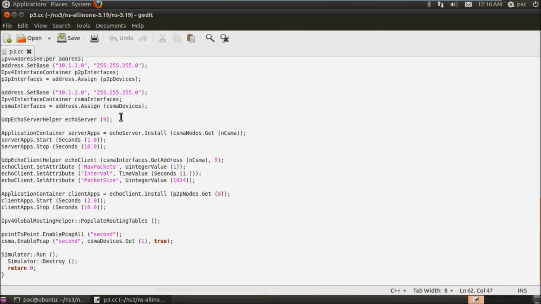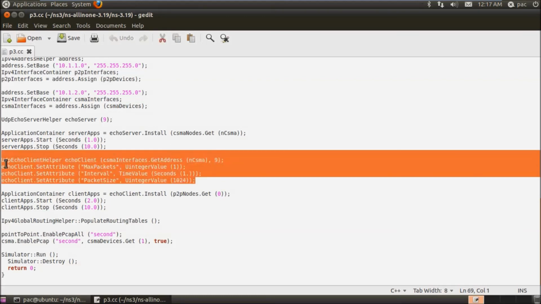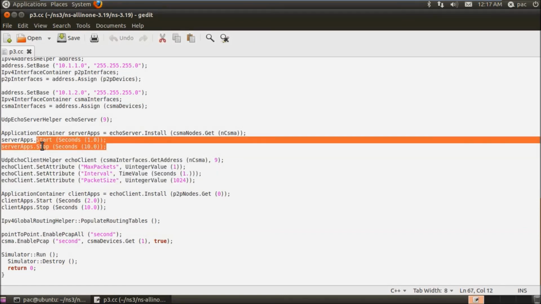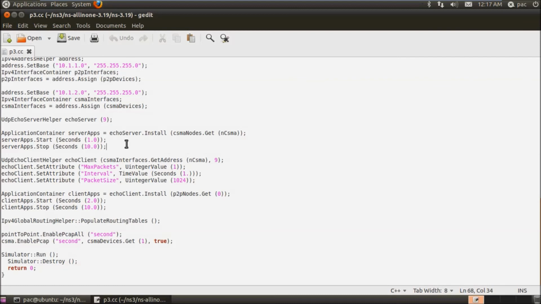First we set up the echo server. Here we create the UDP echo server helper and provide the required attribute value to the constructor, which is the server port number, and these two functions will start and stop the server application. The server application will start after 1 second and will automatically stop after 10 seconds. This attribute defines the maximum number of packets, which we set to 1 by default, this is the interval which defines the time between each packet, and this is the packet size, which we define as 1024. It is in bytes,